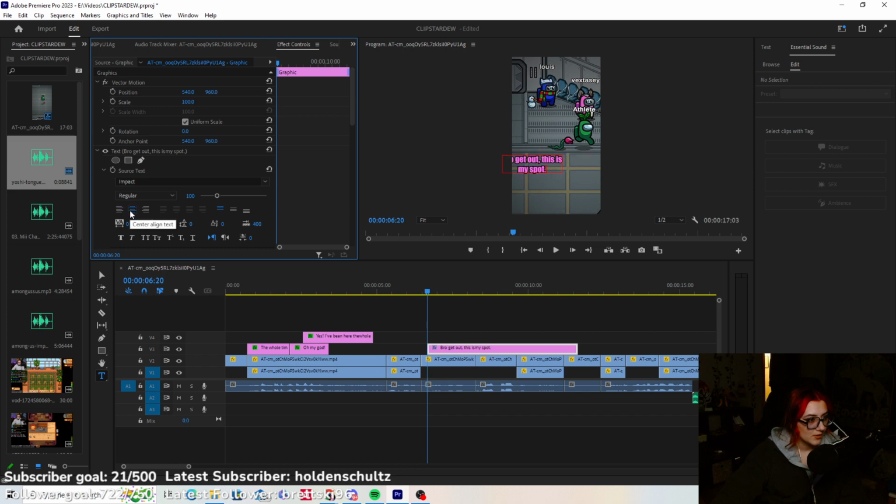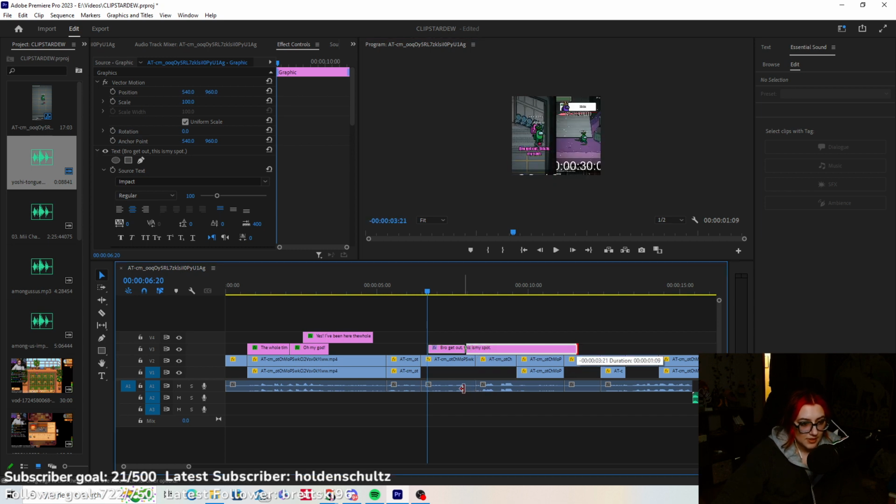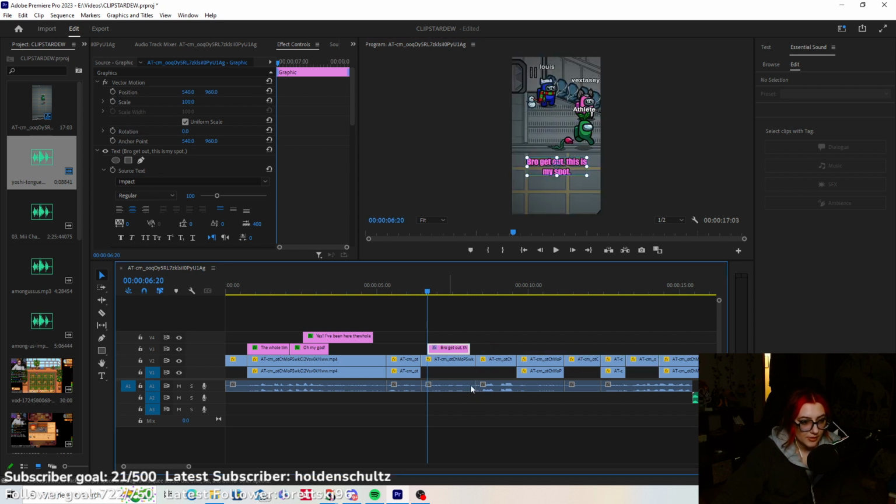And go over here. Center align it. Get it repositioned right here. You can see right here, he stops talking right about there. You can also sometimes tell when someone is or isn't talking by looking at the audio. It'll tell you if there's audio happening. I know he's the only one talking here, so he speaks right where those little audio peaks are.